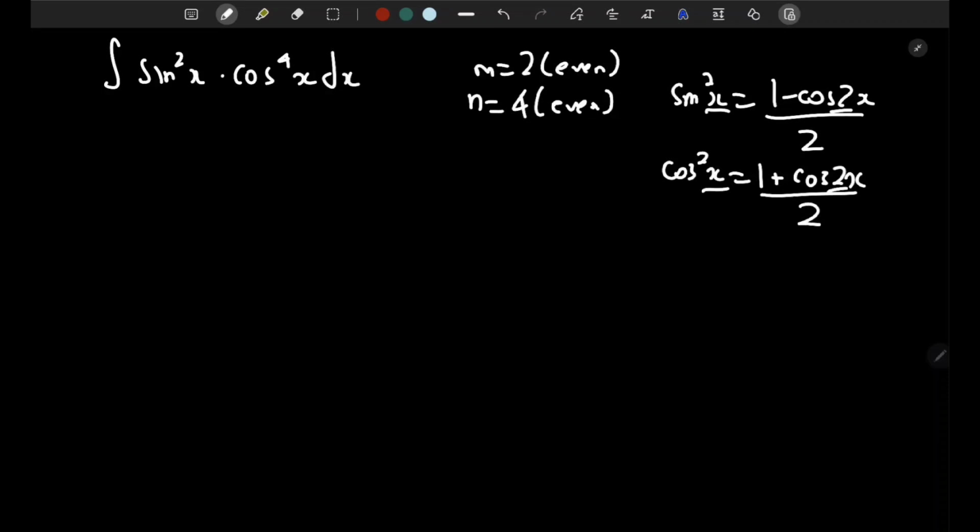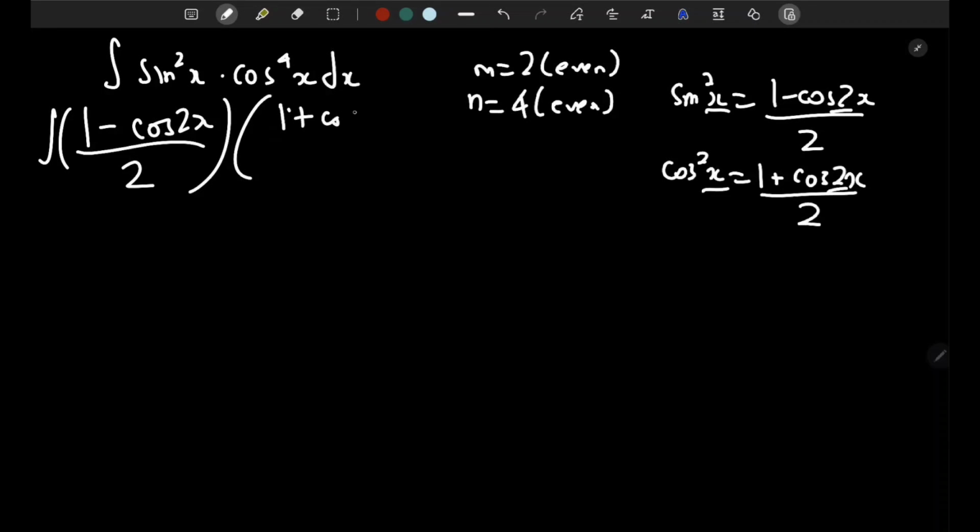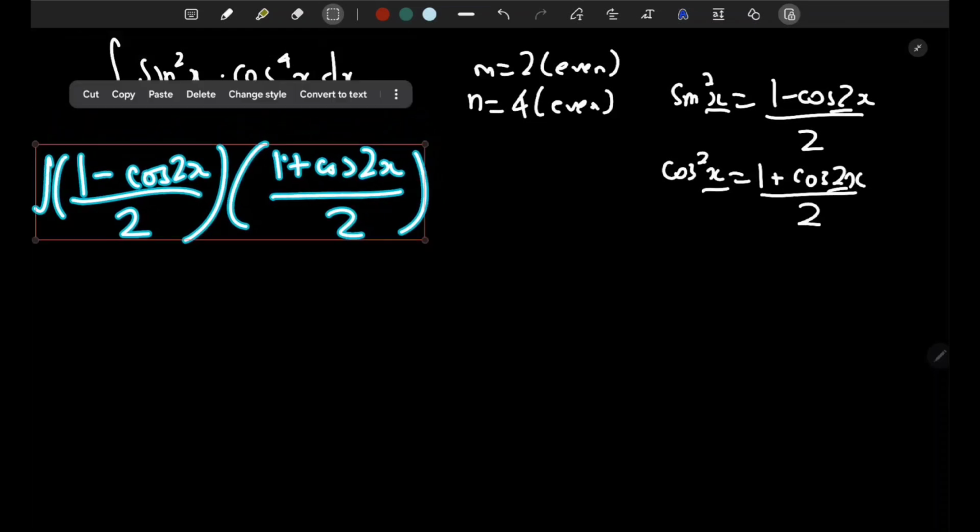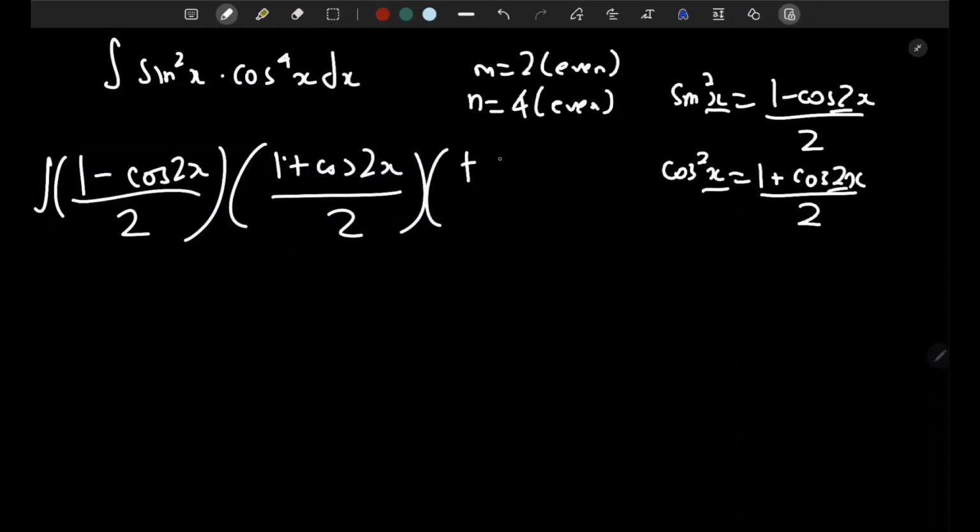So now let's rewrite the question in terms of the simplifications, the half angles I mean. So it's going to be the integration of sine squared, which is 1 minus cosine 2x over 2, into cosine squared, which is 1 plus cosine 2x over 2, squared. Actually, I'm going to expand the last one also and rewrite it in terms of what it is. So it's going to be 1 plus